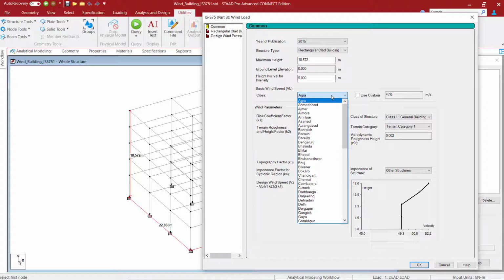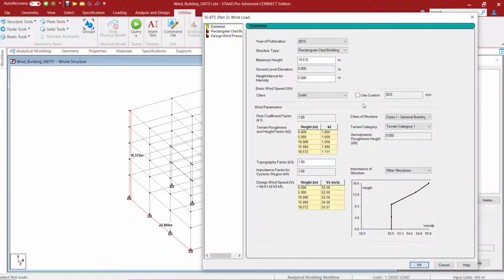Basic wind speed corresponding to all the major cities are available here. So you can select the required city from here, and the corresponding basic wind speed will be captured by the program. You also have an option to use a custom value here. Now comes the K1 factor. For that, you can select the class of structure from this drop down. You have general buildings, temporary buildings, low hazard buildings, etc. So based on that, you can select the option from here, and based on which the K1 factors will be chosen